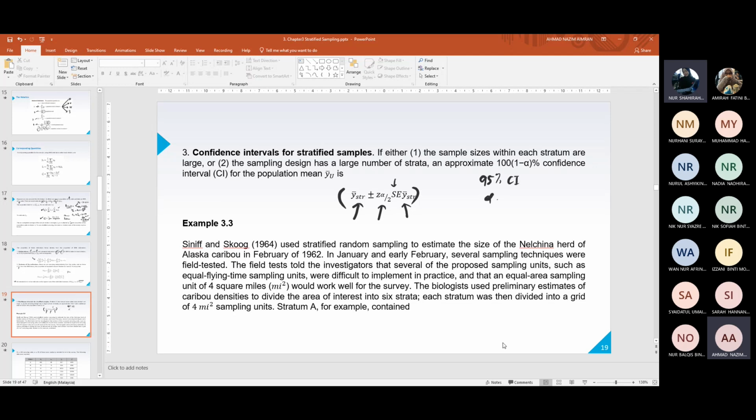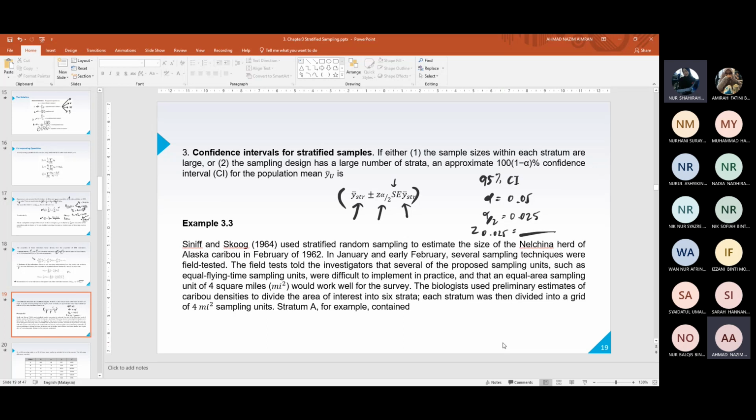Then our alpha is equal to 0.05, then alpha over 2 is 0.025. Then Z alpha over 2, sorry, Z 0.025 is equal to